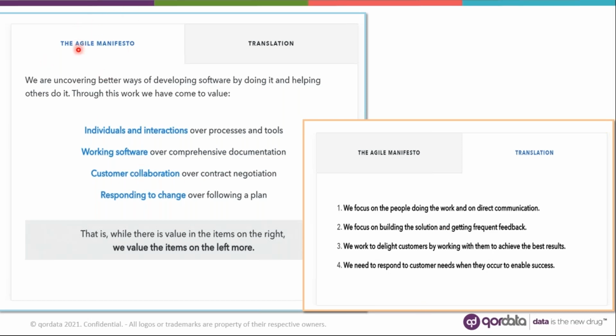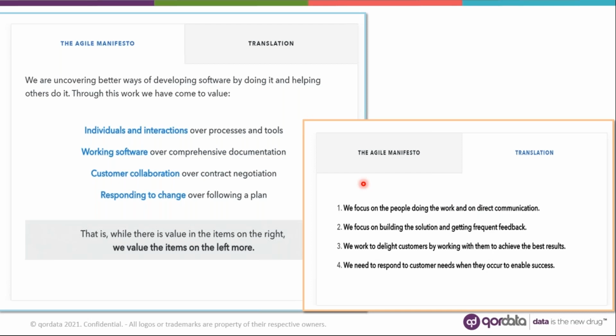On the left you can see the Agile Manifesto, where they have mentioned individuals and interactions over processes and tools, working software over comprehensive documentation, customer collaboration over contract negotiation, responding to change over following a plan. So all the items mentioned on the left hand side belong to Agile, and all the things that people have been following are basically related to the waterfall model or the traditional software development or project management, or whatever product they have been developing.